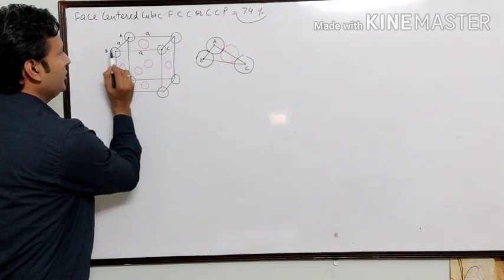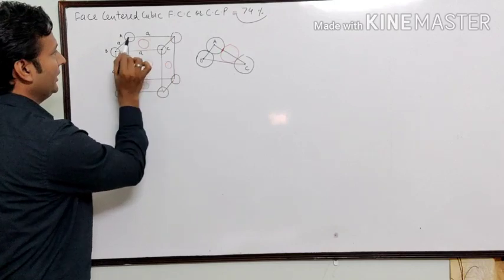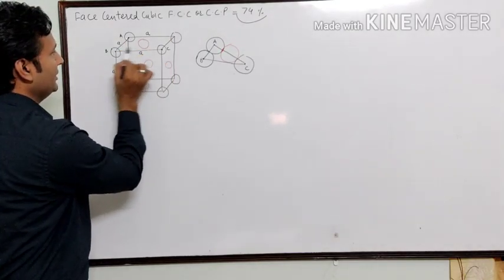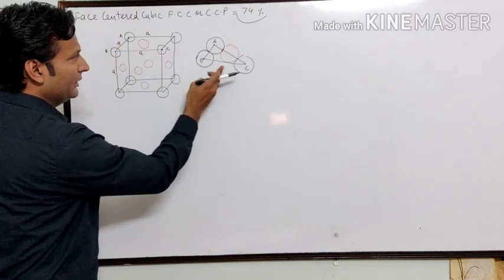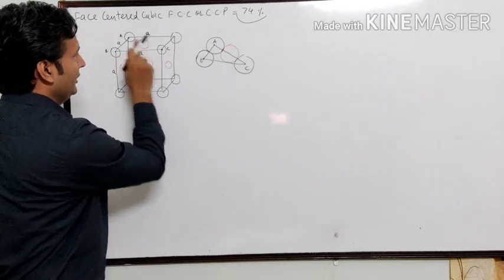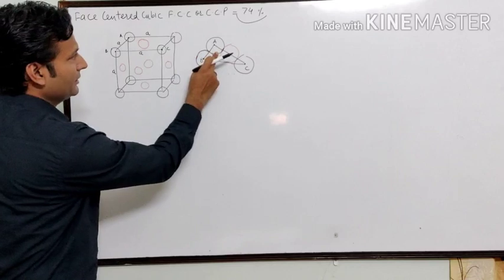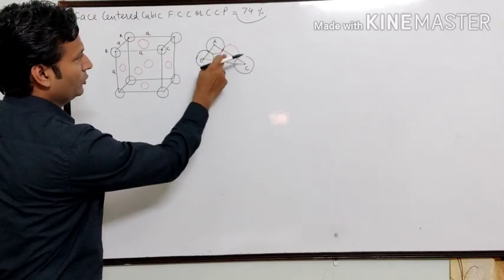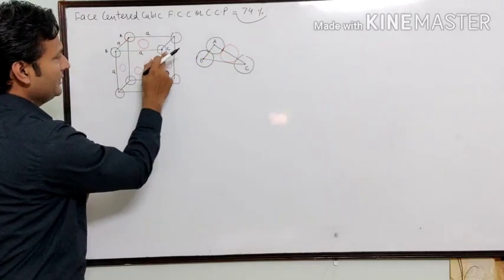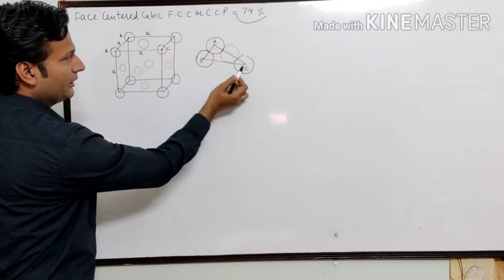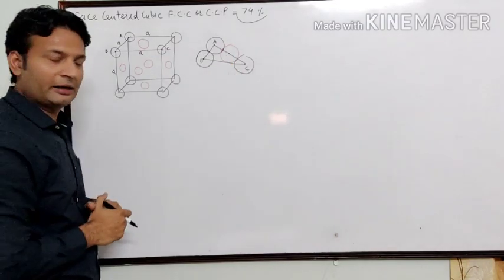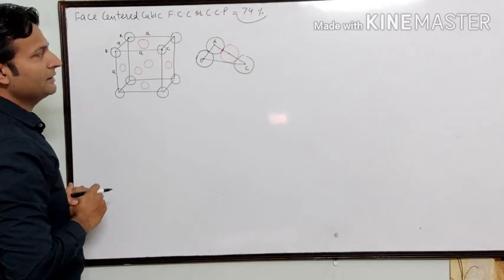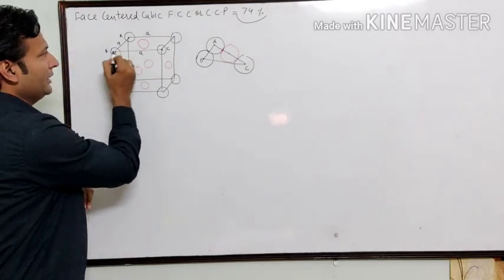It means B to C. I am considering the four particles, this particle, this particle, and this particle. All these particles are closer, which is shown in this diagram. Okay. यहाँ पर ये दूर दूर है, but in this A is connected to this and this and this. It means मैंने कॉर्नर के पार्टिकल्स भी कंसीडर कर लिए और इसके साथ साथ सेंटर अपने क्या नाम है फेस का पार्टिकल भी कंसीडर कर लिए. Now see this carefully. This is A to C.